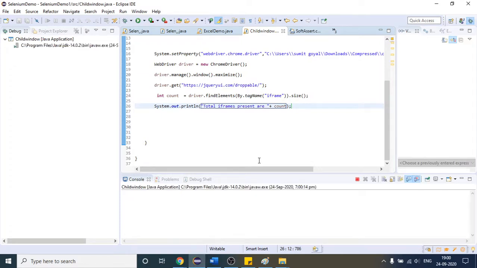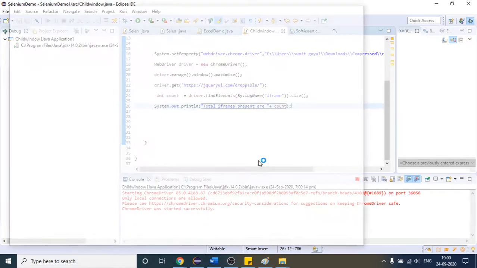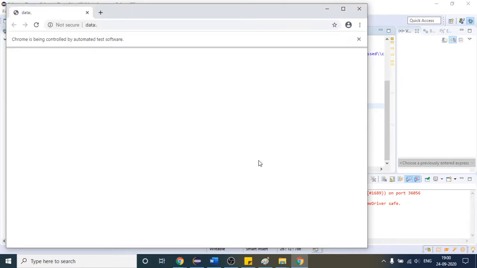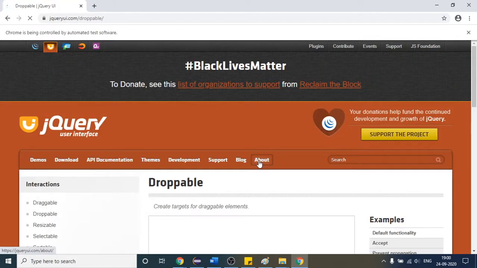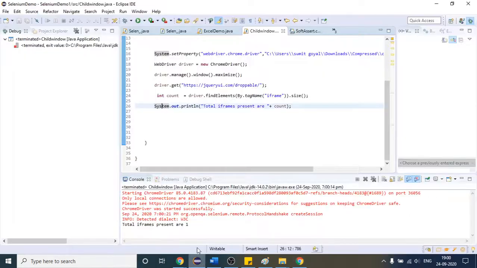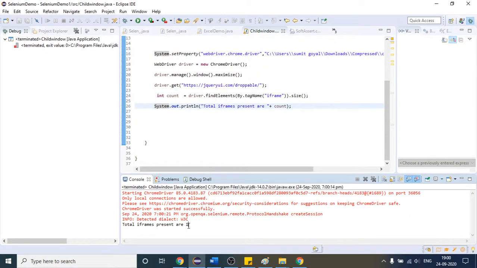This way you can check how many frames are present inside your web page. It opens the website again and then stops the execution. Execution is completed, and in the output you can see total iframes present are 1.